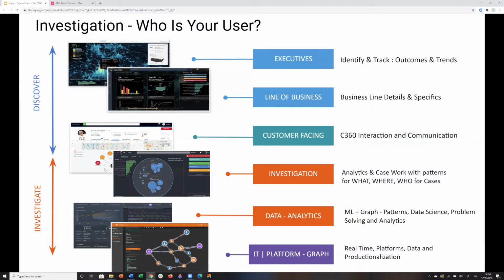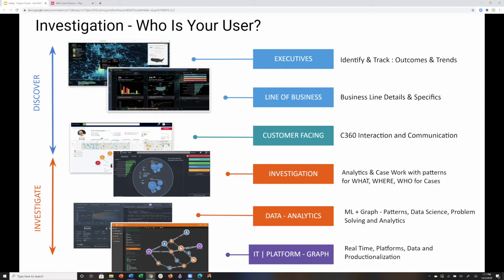AML line of business or my credit card transaction line of business, et cetera. Where are those things impacting my investigators, as we see in the next couple of orange boxes down here, which is who is doing the investigation? Are we opening SARs? Are they connected to cases? Are those known associates, right? Where is that analytic element to go do that?